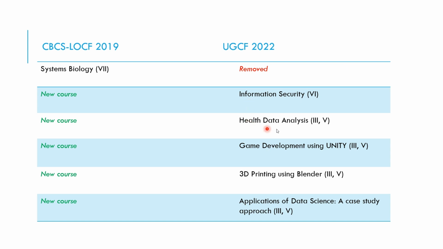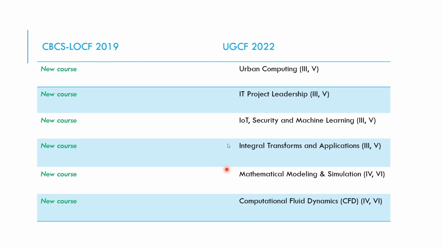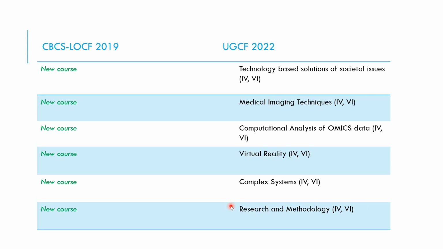Now we have health data analysis, we have game development using Unity, 3D printing using Blender, applications of data science, a case study approach, urban computing, IT project leadership, Internet of Things, security and machine learning, integral transforms and applications, mathematical modeling and simulation, computational fluid dynamics, technology based solutions of societal issues, medical imaging techniques, computational analysis of omics